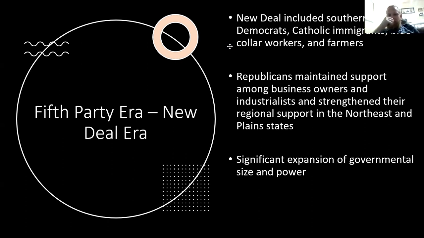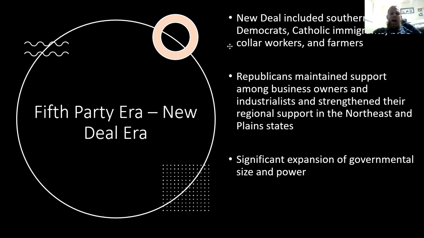At the time, they were generally industrialists, as well as farmers, because the federal government gave farmers millions and millions of dollars in subsidies to help them continue to plant and farm even through tough economic times. Republicans maintained support among business owners. Those people are known as white collar workers, because they tend to be more desk job workers, as well as industrialists, and strengthened their regional support in the Northeast and then Plains states, which are obviously the central